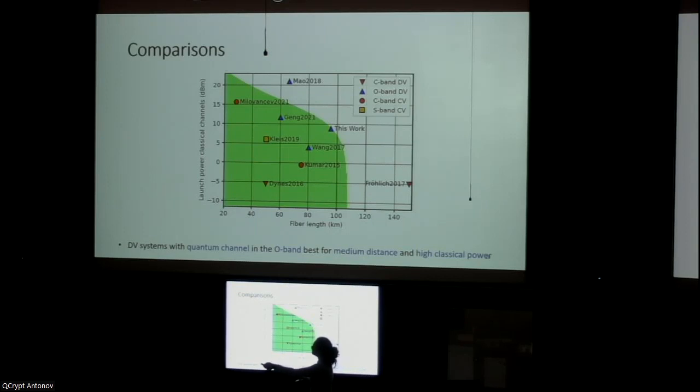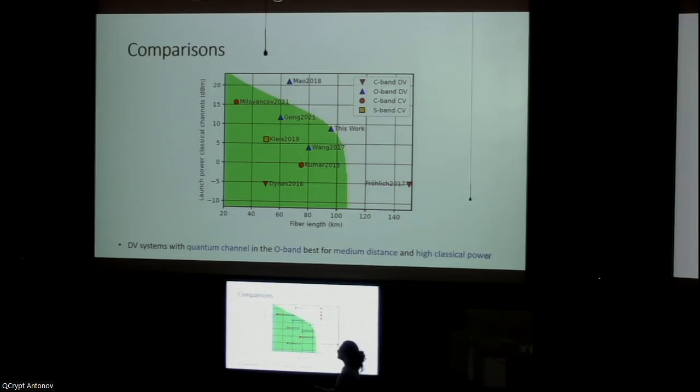So we can conclude that for low fiber distances and high classical launch power, it's advantageous to use CVQKD with the quantum channel in the C band. Then we can see that at medium distance fiber lengths, at still quite high classical launch powers, it's useful to use DVQKD in the O band. Then if we go to the rather extreme case with long fiber length and low classical launch powers, it's again probably advantageous to use DVQKD with the quantum channel also in the C band. Right. So that was more or less it for the network